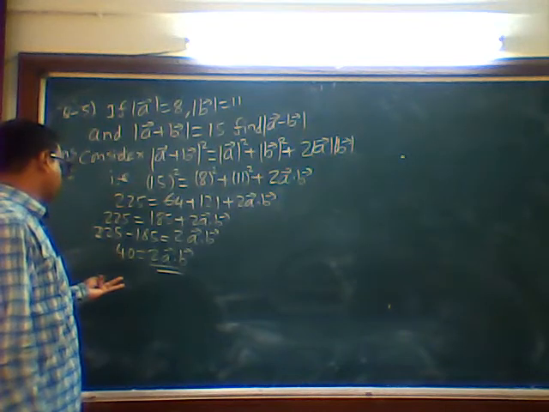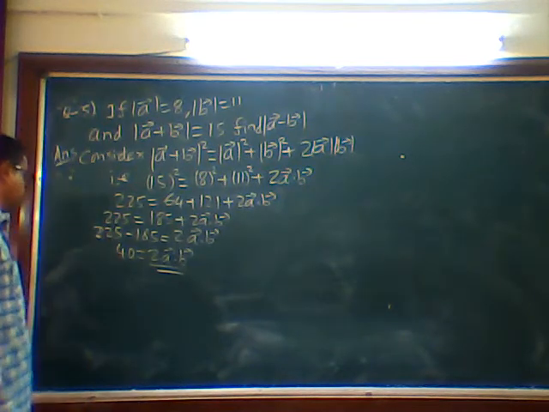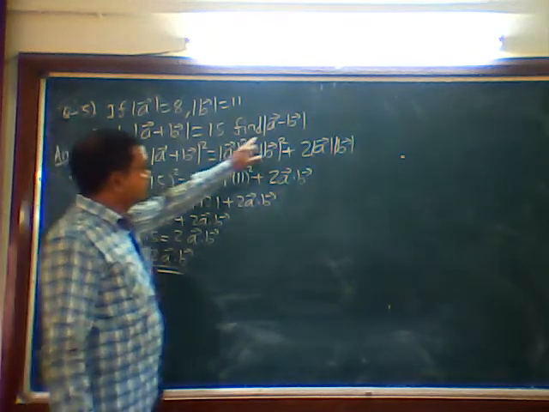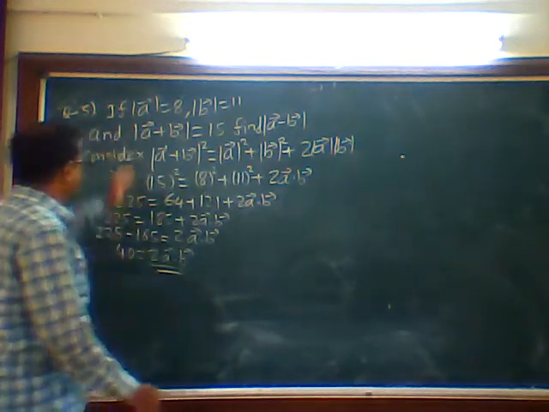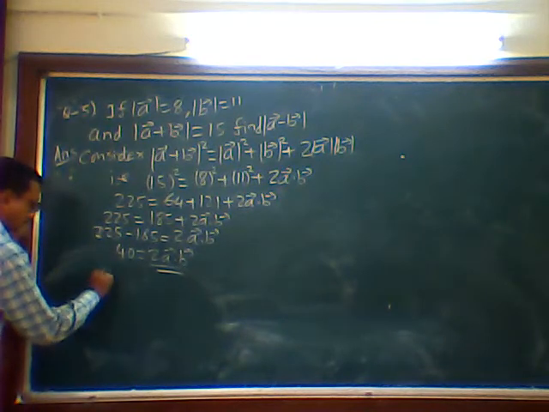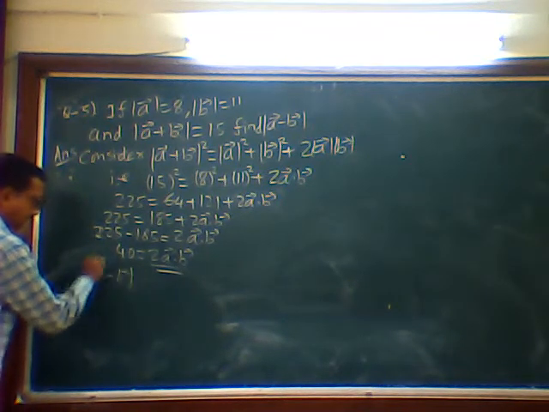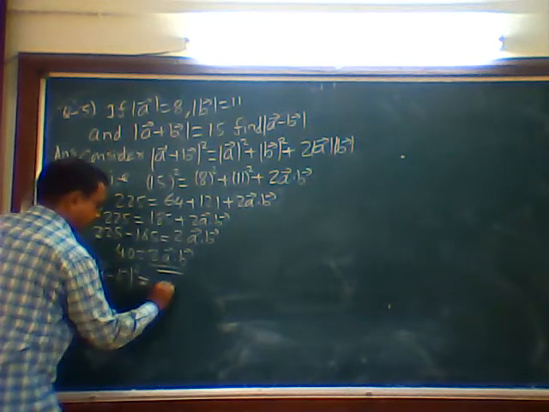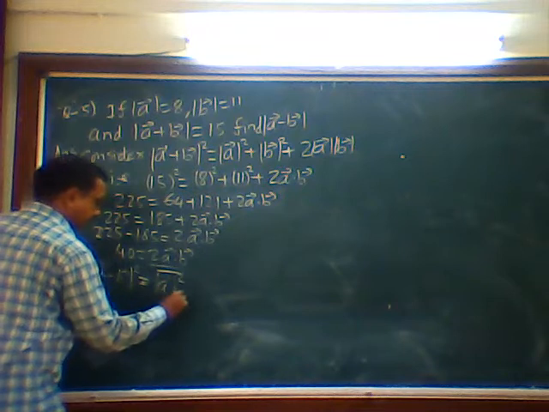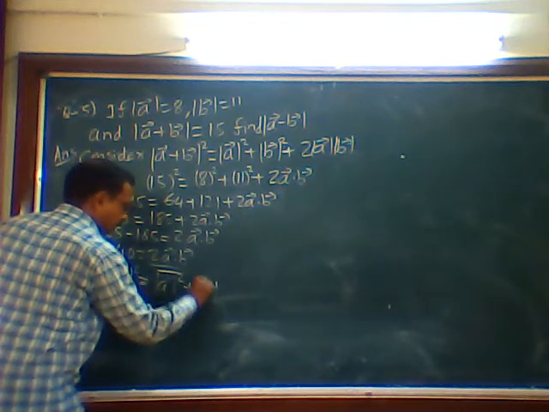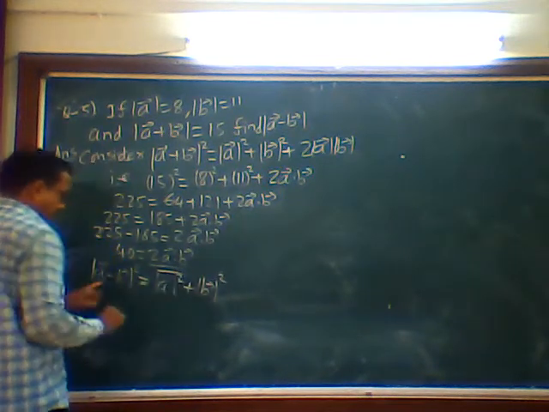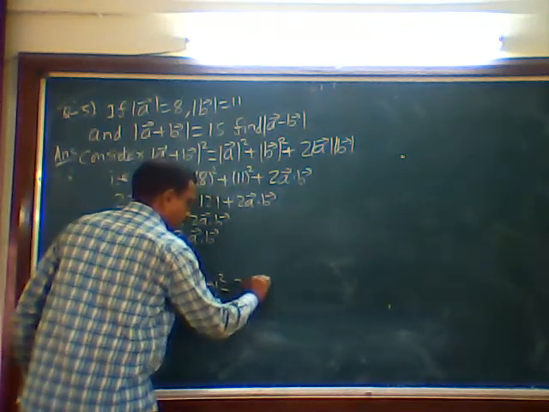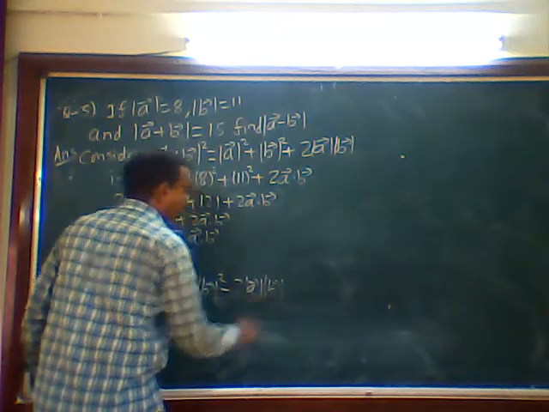185, 90, 200, 225, that is 25 plus 15, 30, 40. This much I found out, but my question is what he wants. So what I do, same way I write: mod a bar minus mod b bar whole square will be what? Mod a square plus mod b square, and here it is minus, that's why it will become minus 2 mod a bar mod b bar.